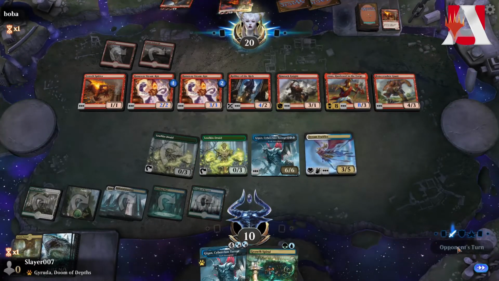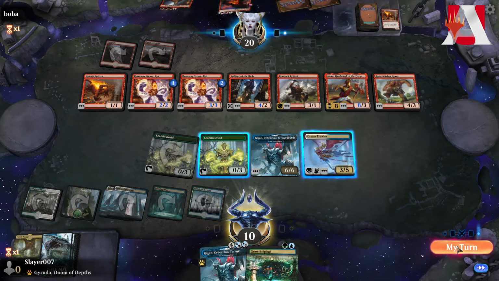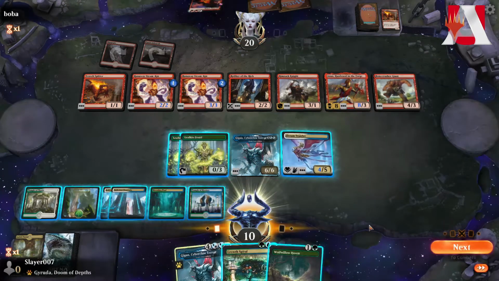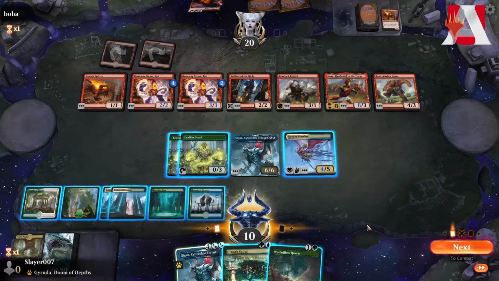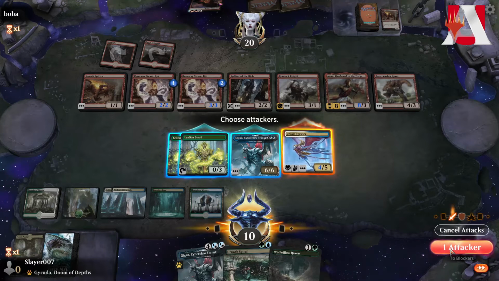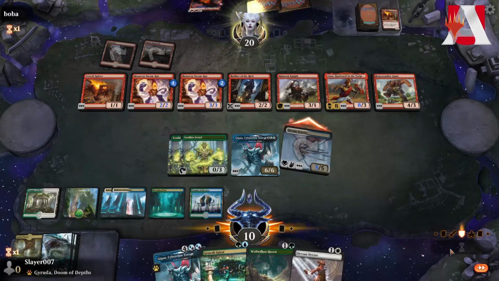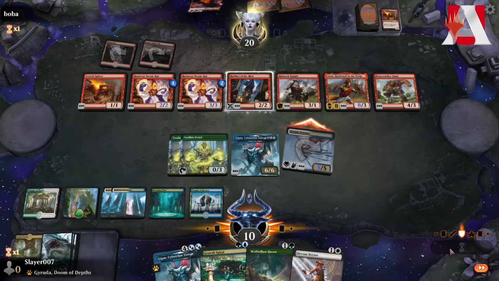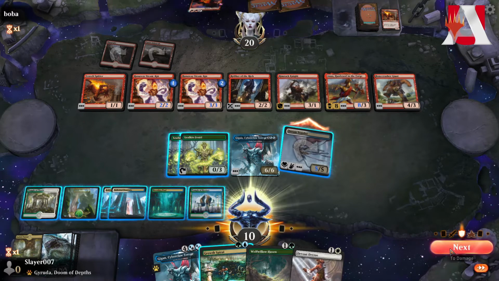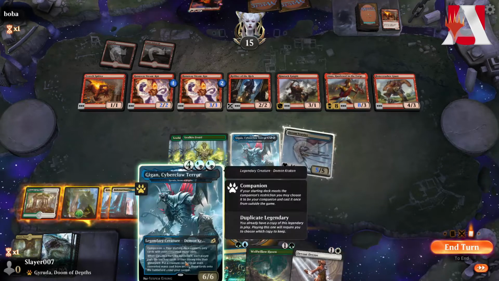Okay. We are going to attack with Dream Trawler. We definitely need this, and maybe if we draw... ooh, the Vow Decree is actually really good here. They can block with Robber, I guess. They don't. So if we play this...